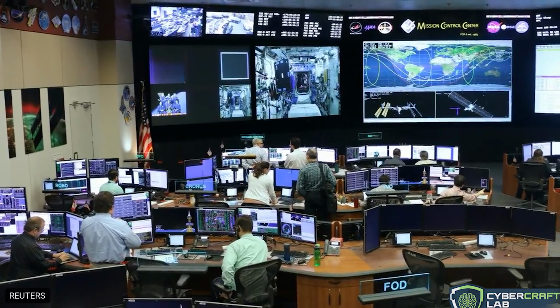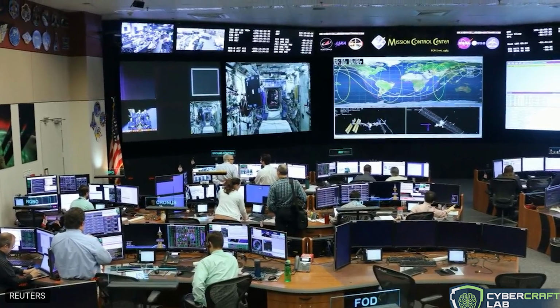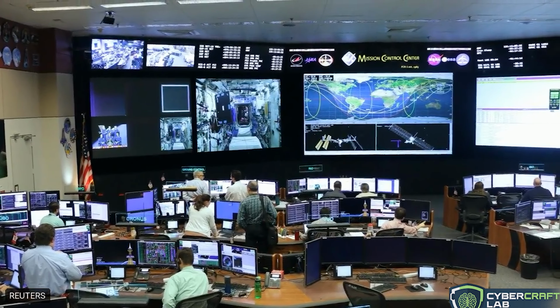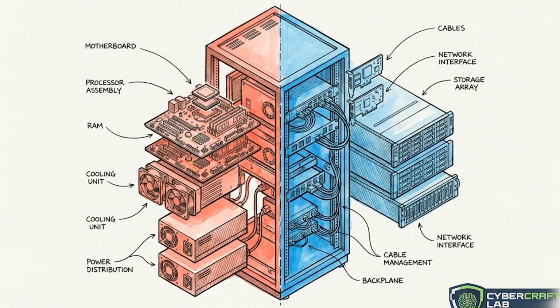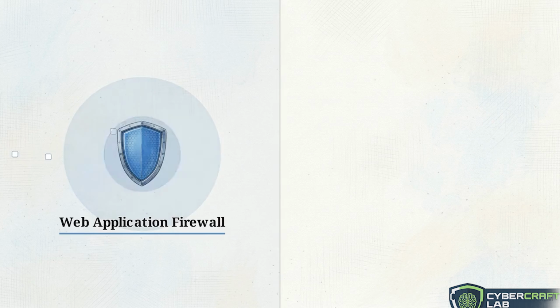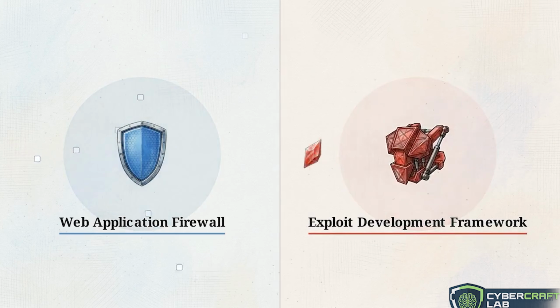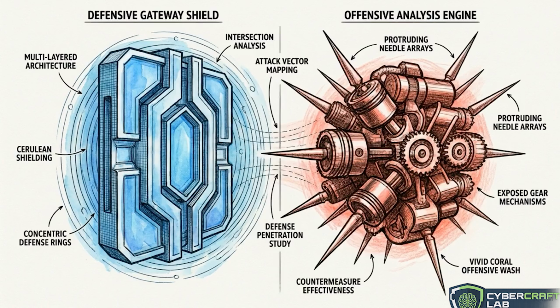Modern security architectures require the coordination of massive streams of live, conflicting data, as seen in large-scale mission control environments. To understand exactly how these environments are constructed, we can deconstruct two advanced engineering projects. First, the Web Application Firewall, or WAF, a system designed for proactive layer defense. Second, the Exploit Development Framework, an automated offensive engine engineered to test those defenses. Constructing these two diametrically opposed systems provides a functional perspective on how data is protected and targeted at the application